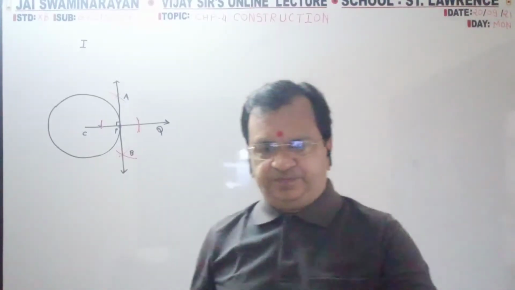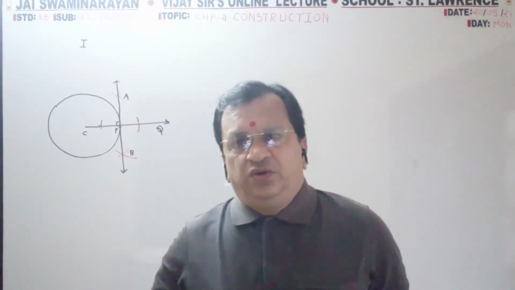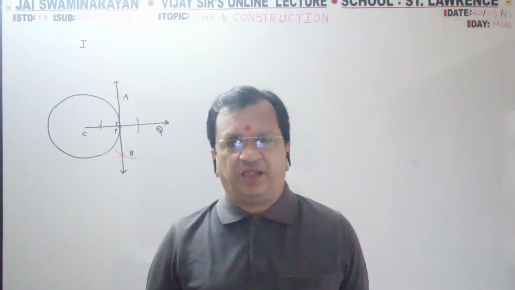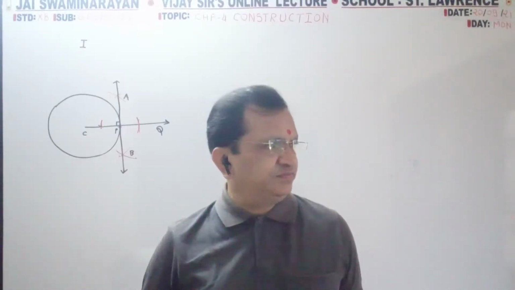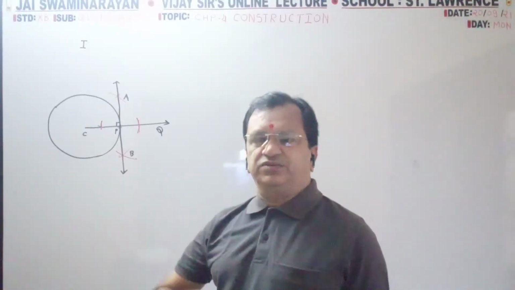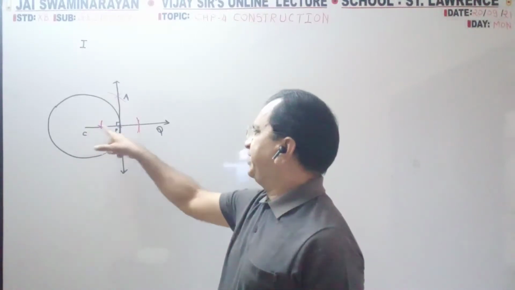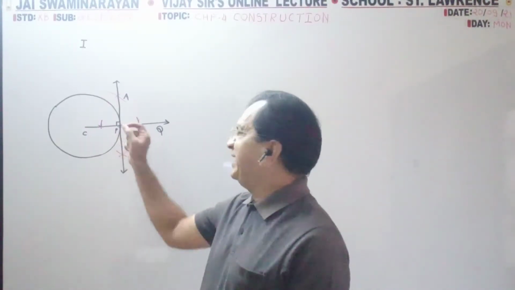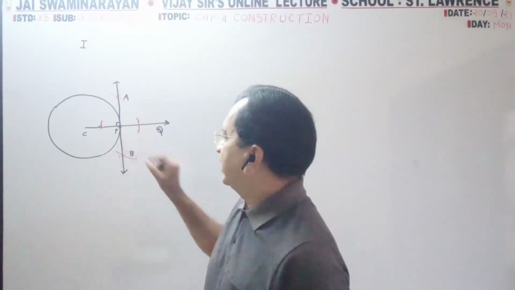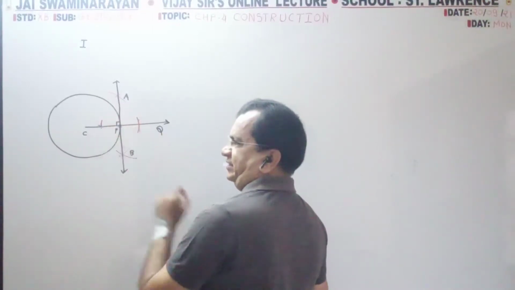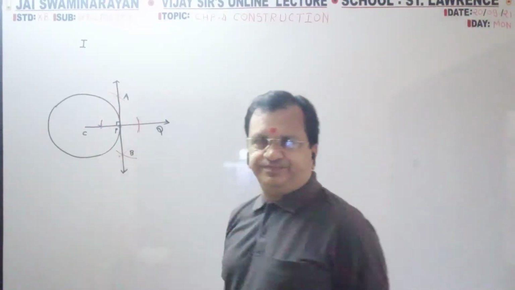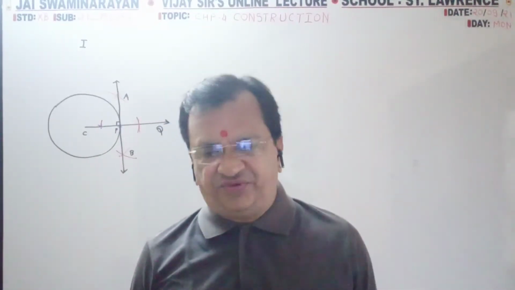So the first type of construction is to draw a single tangent from a point on the circle. Step one, draw the circle. The radius will be given, 3.2, 3.5, 3.6, whatever. From the center, draw one ray. You will find one intersection point, the common point of line and circle. Select that. From that, left side, right side, less than the radius. Then increase, up, down, here up, down. This is the first pattern.